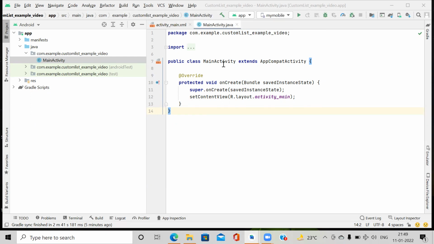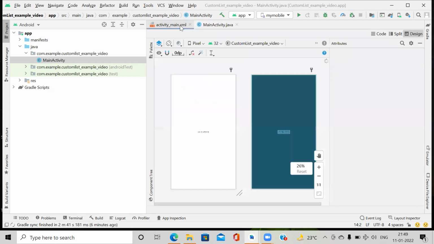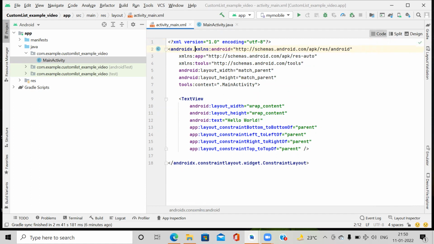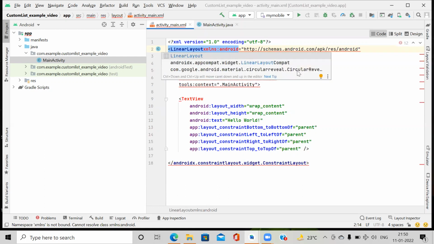In that we have an activity_main.xml and MainActivity.java file. So first we design the list view here. We go through code. Instead of using constraint layout, here we change it to linear layout.